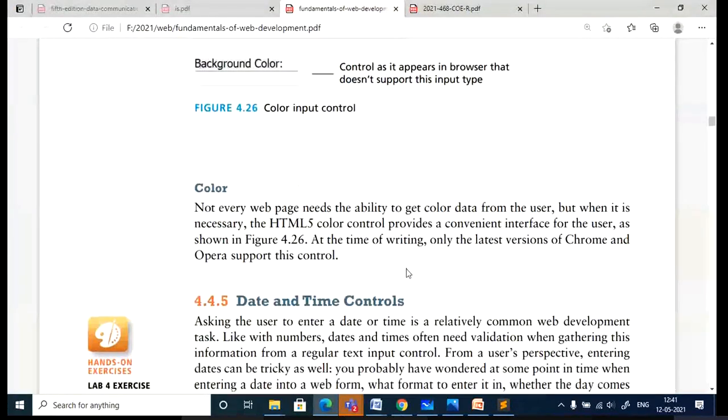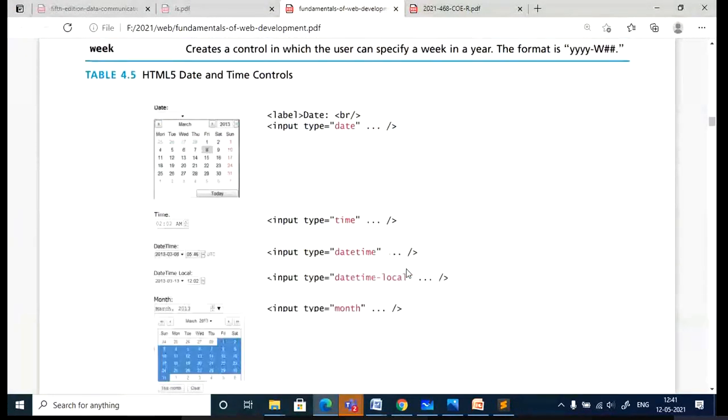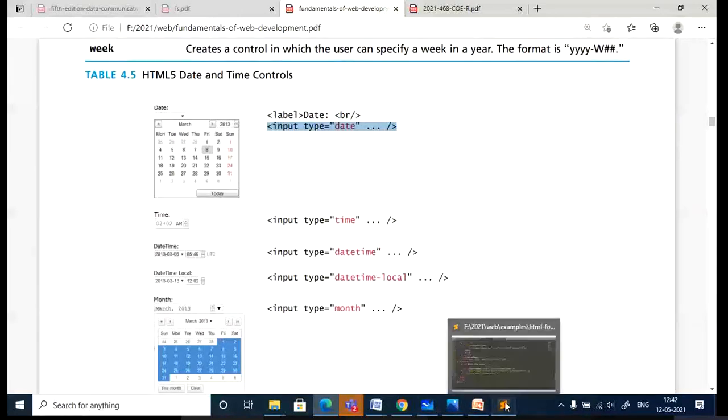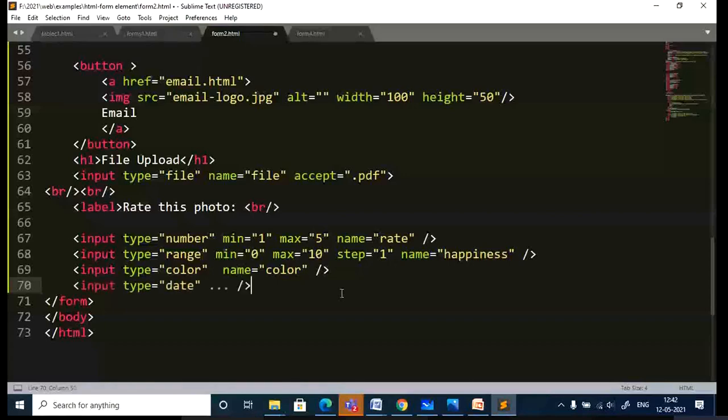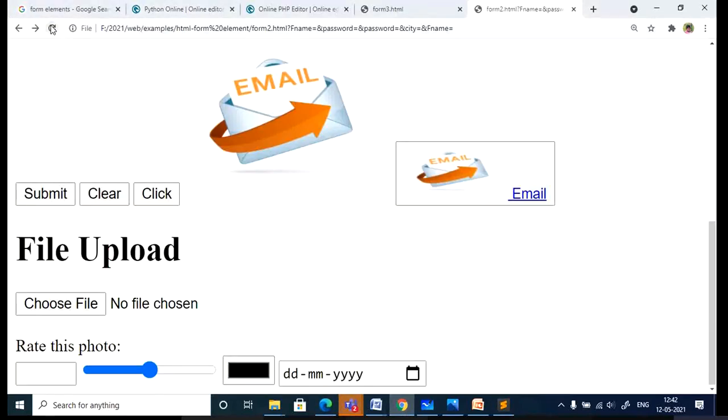Similarly, we can go with the date and time. With respect to date and time, it's very simple. I want everybody to design your own page containing some of these elements. Tomorrow I am going to check. It does not contain any server side code, just design the web page. We are not giving much importance to that as of now.